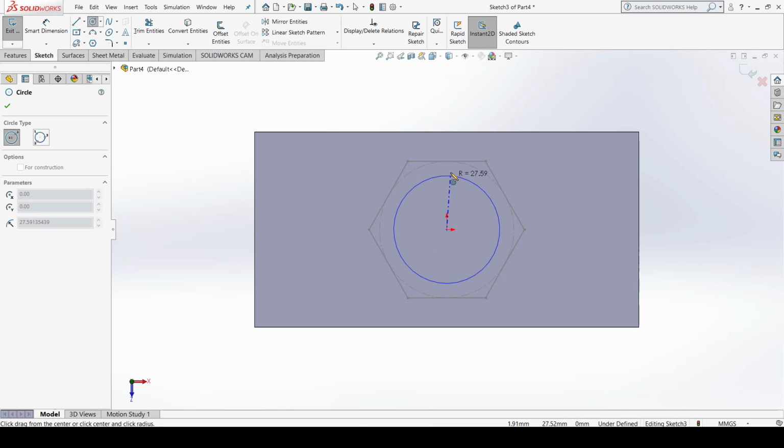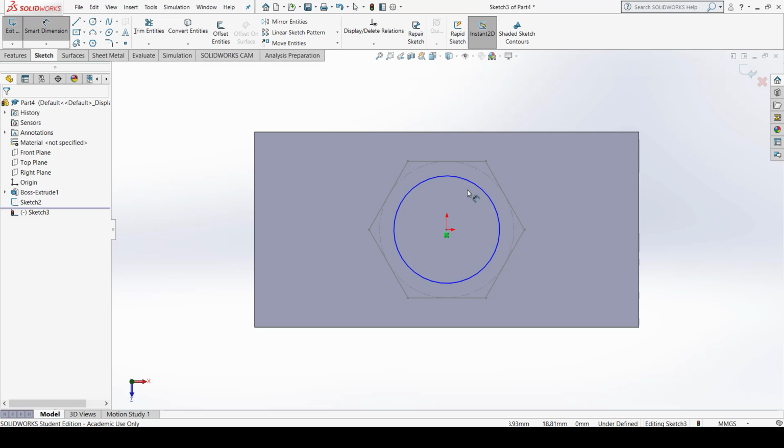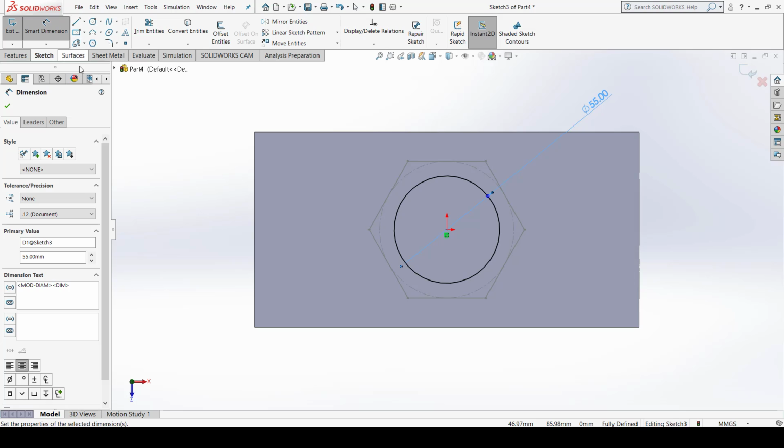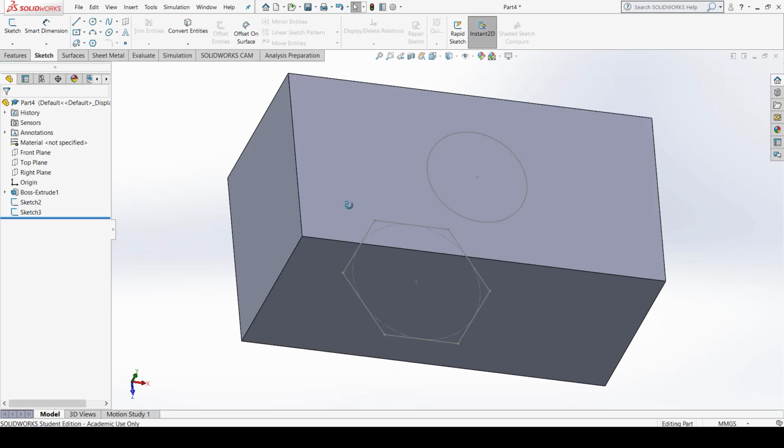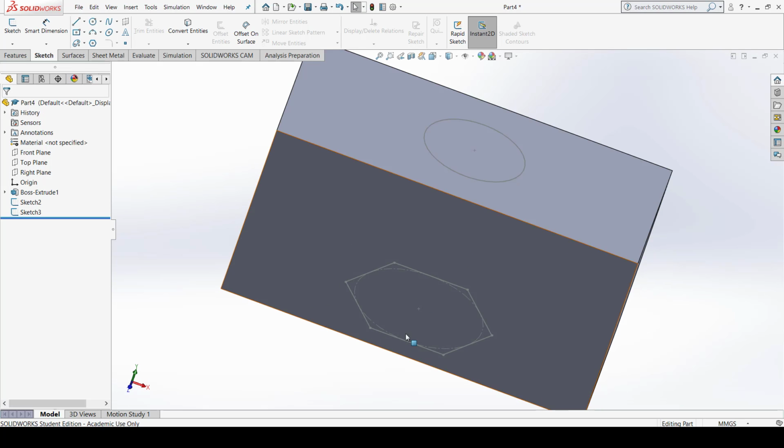I created a circle here. Smart Dimension, give the dimension to the circle as 55. Escape from the smart dimension, click OK, exit the sketch. Now you can see there are two different profiles. The first one is the hexagon and the second one is your circle. The loft cut command is used to create a cut, or you can say remove the material from this component by joining these two different section profiles, the hexagon and the circle.